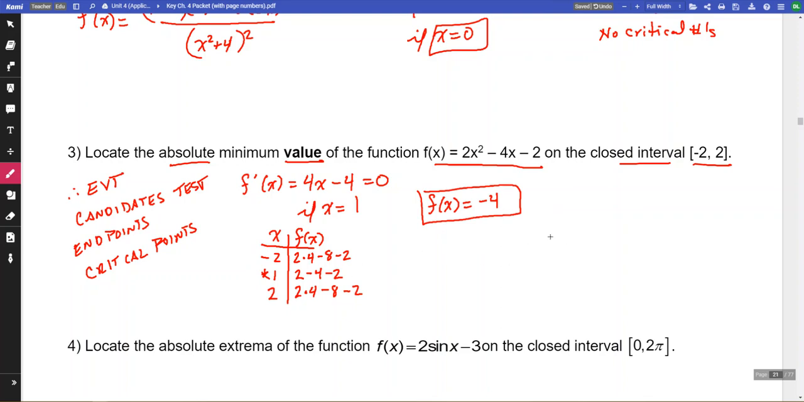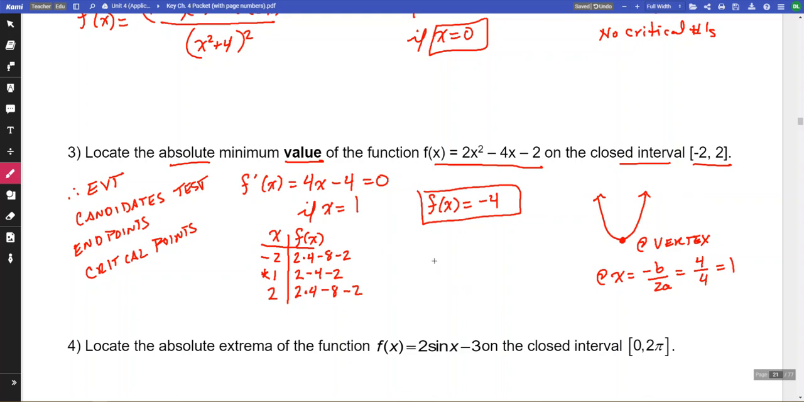Now, did we have to do calculus here? We didn't. We could understand that f of x is a parabola. It's a parabola that opens upwards. There's my absolute minimum value, and it happens to be at the vertex of this parabola. And the vertex of this parabola is going to be at x equals negative b over 2a, which is going to be at 4 over 4, so at x is equal to 1, and at x equals 1, the